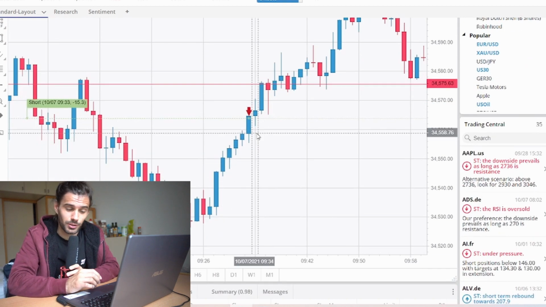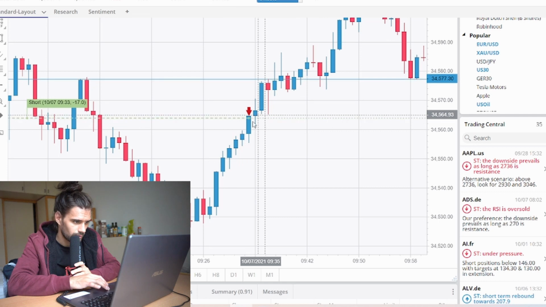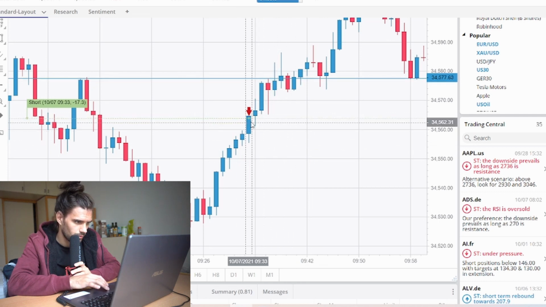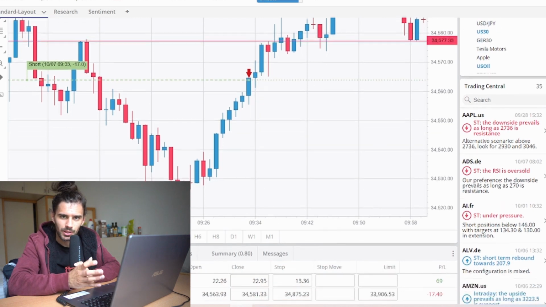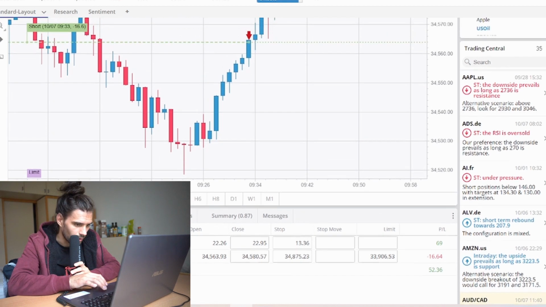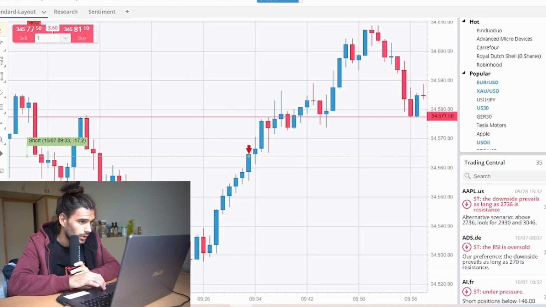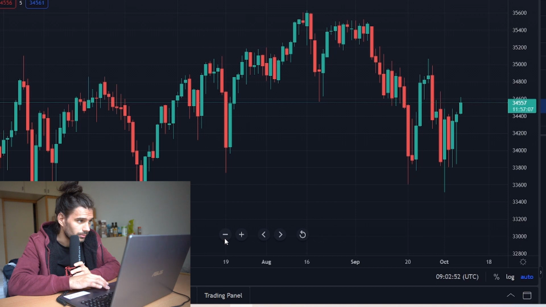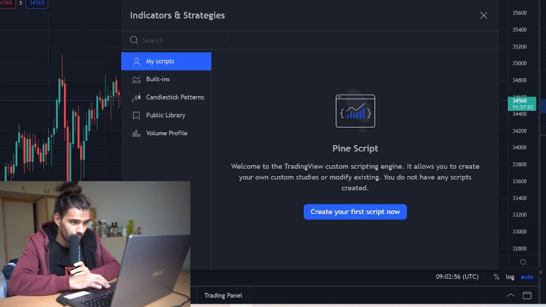This is the trade that I took, as you can see here, about 30 minutes ago. Depends where you are, but at my time it was around 10:30. So at the moment I'm currently a bit at a loss, but if we go to this chart here,